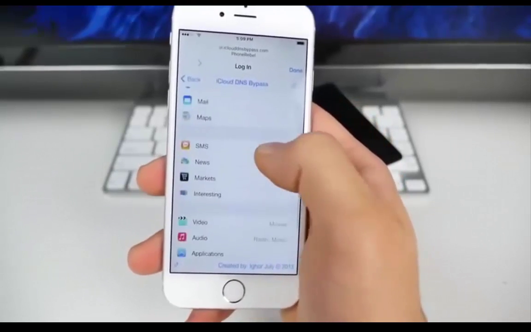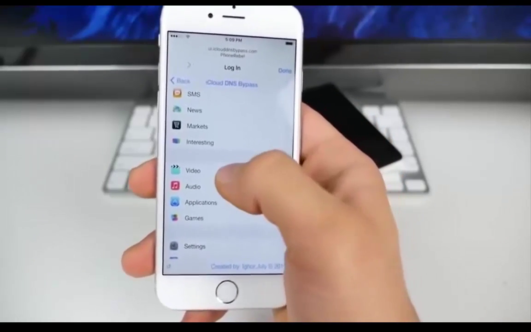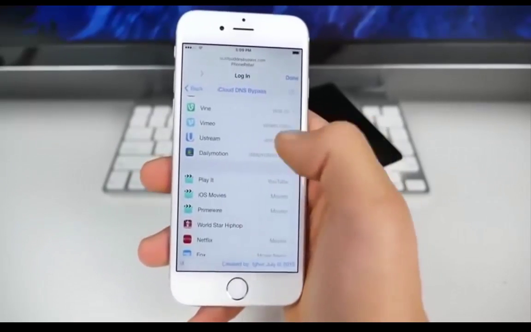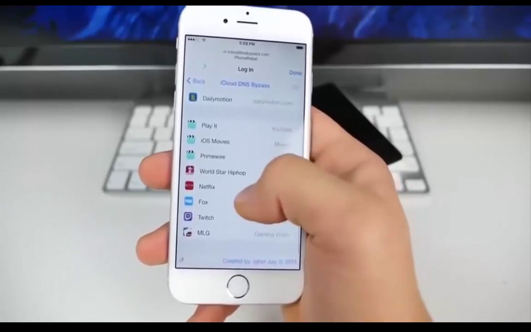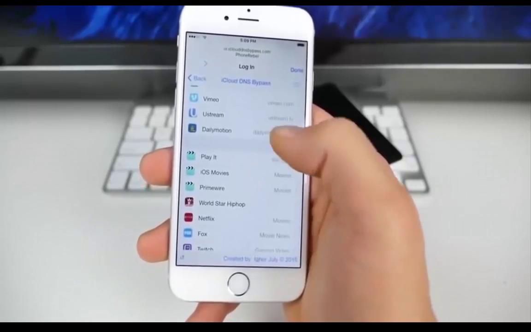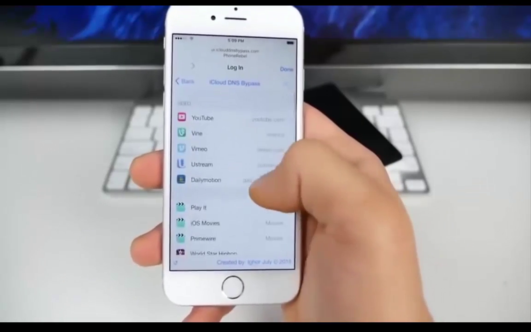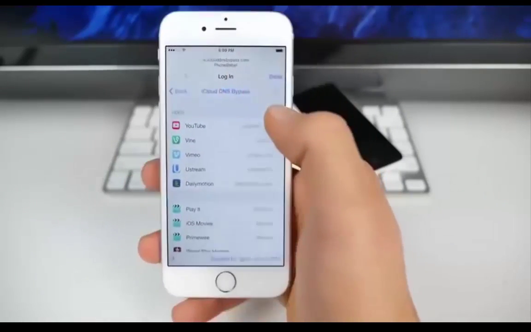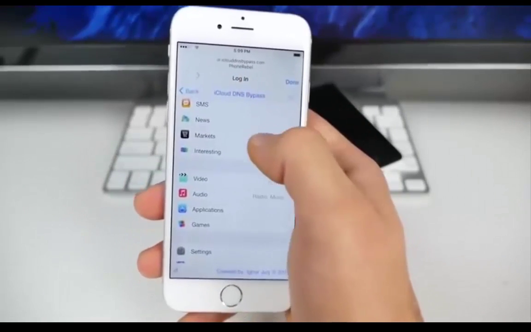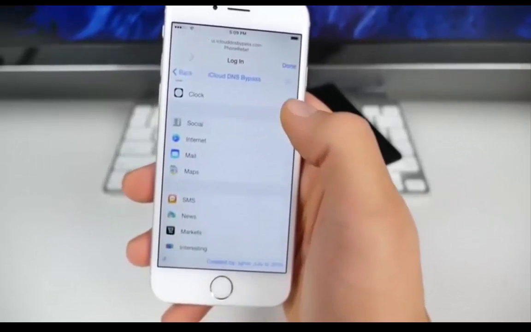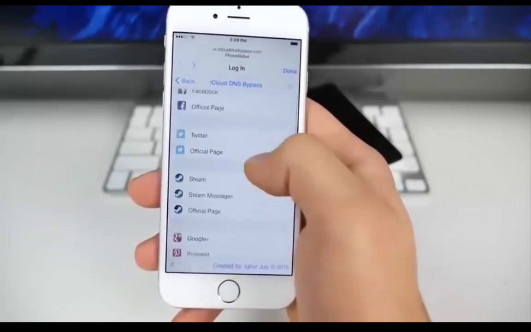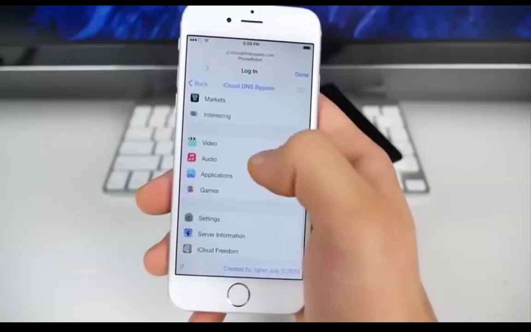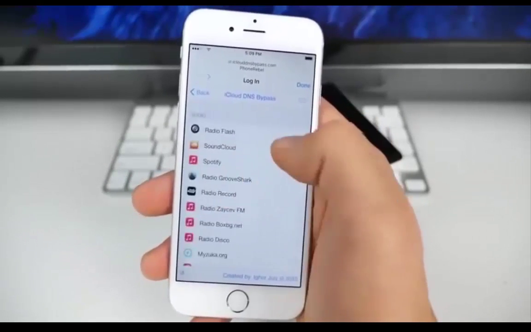In here, you can look at so many things. There's video, audio, applications, games, and they're all web-based, but they do work very well. You can stream Netflix or even free movies if you're into pirating and stuff. Right here is YouTube, Vine. Really, really cool. You can even get into Instagram and social media right here. If you click on social, you have an option to log in to many different things, which is really cool. And then there is music streaming right here. So you got